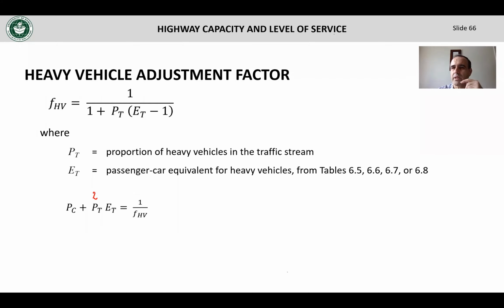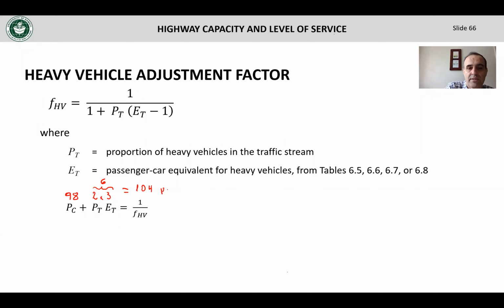Let's say for rolling terrain, we said the passenger car equivalent is 3. If I multiply 2 times 3, that tells me that that's equivalent to 6 passenger cars. If I have 2% heavy vehicles, that means that 98% are cars. So I have 98 cars. For 100 vehicles, I have 98 cars and 2 trucks that are equivalent to 6 passenger cars. So if I add those two, I get